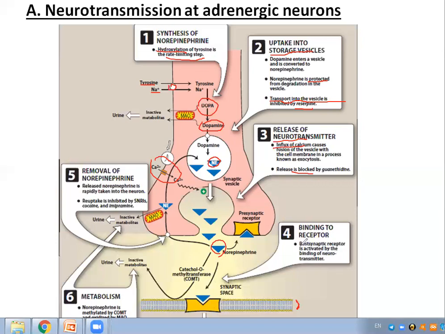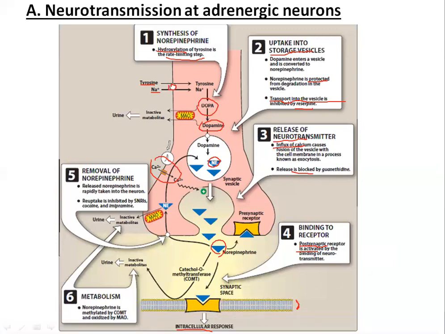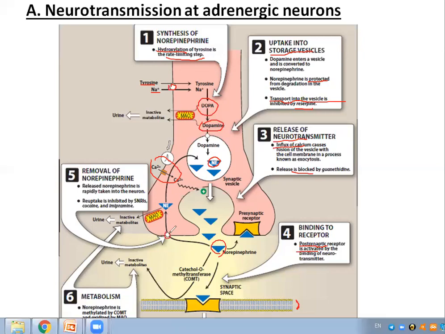So then the postsynaptic receptor will be activated by the binding of the neurotransmitter, leading to an intracellular response. The second fate is the circling back of the norepinephrine and its reuptake by a transporter present on the